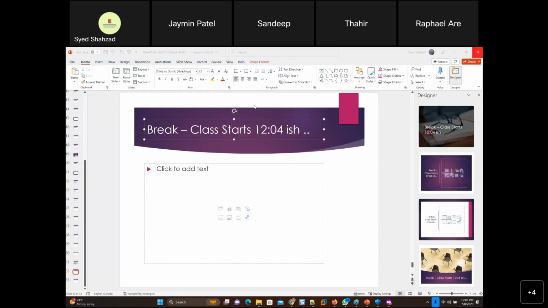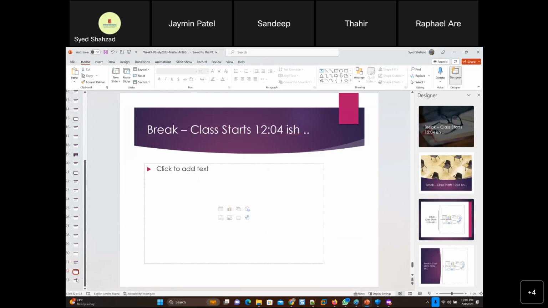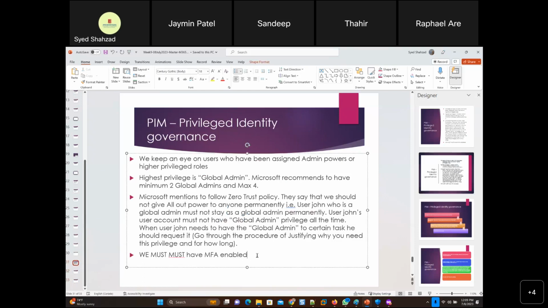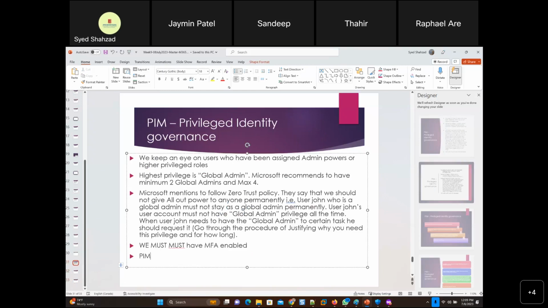Okay, resuming now. We were talking about identity governance and Privileged Identity Management, PIM, and one more thing you should keep in mind and put in your summary notes for interviews: PIM's best friend is JIT, right?